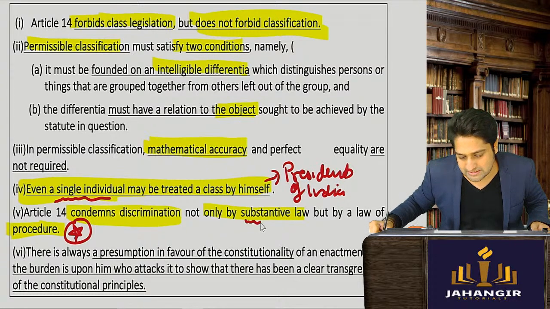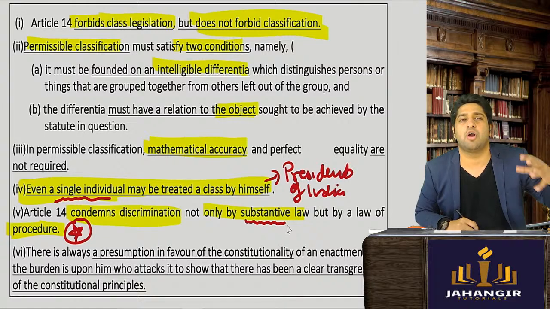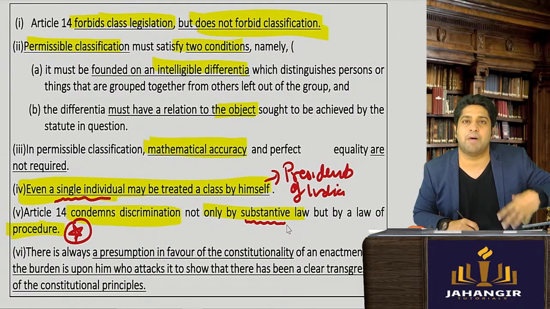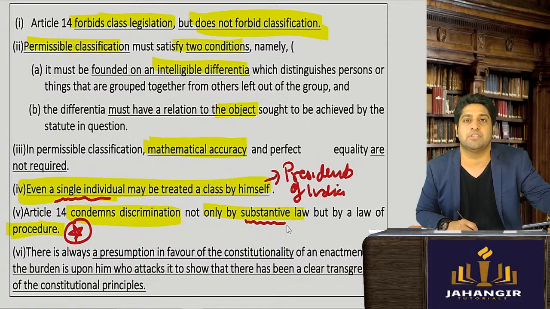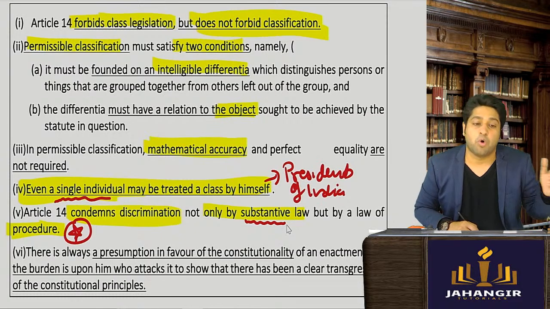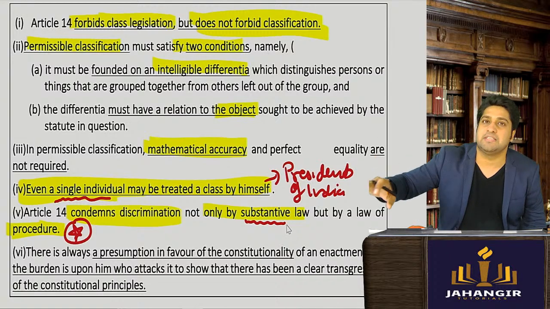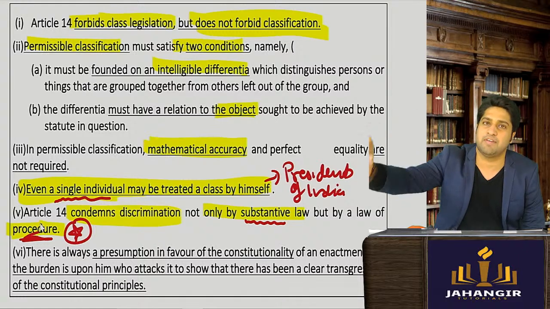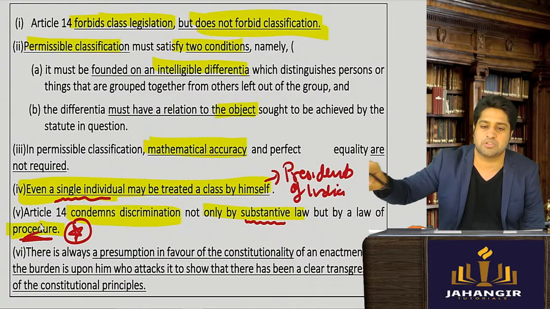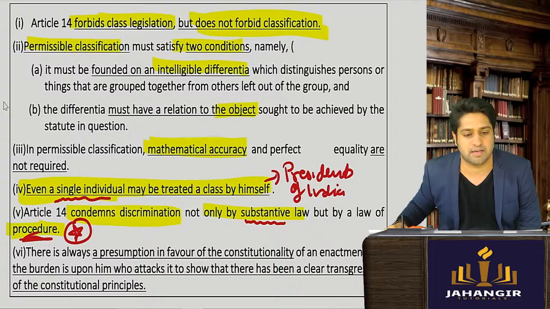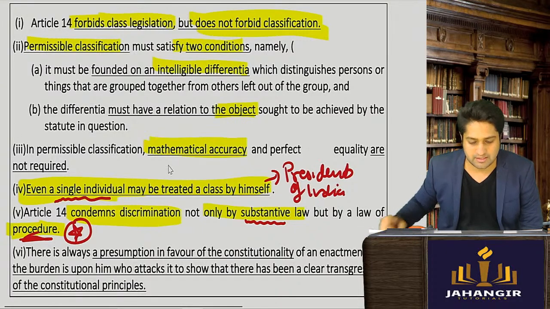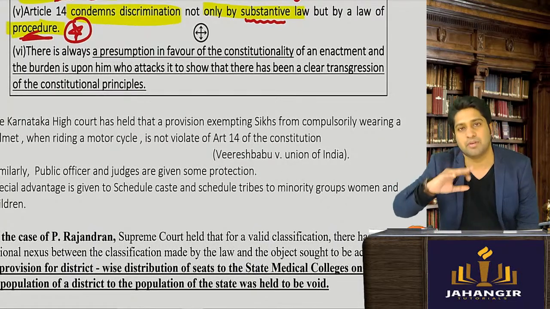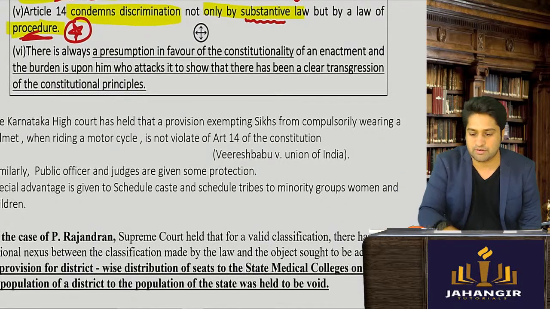Now, what do you mean by substantive law? Like the Contract Act, Companies Act, any act which is giving you powers, rights, duties. What are the procedural laws? CrPC, CPC, all of that. So in any law, whether it is giving rights or taking you through a procedure, discrimination cannot be done. Okay. And if the Constitution has given some kind of privilege to someone and it is challenged,